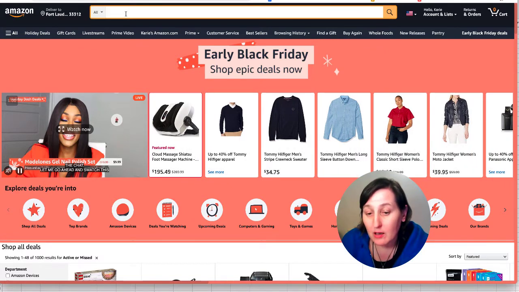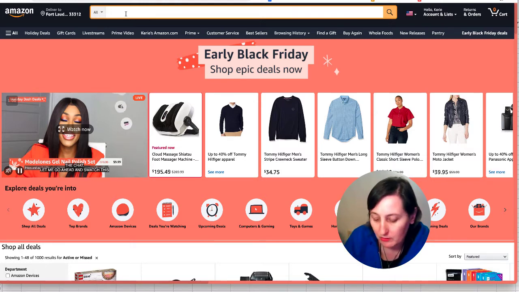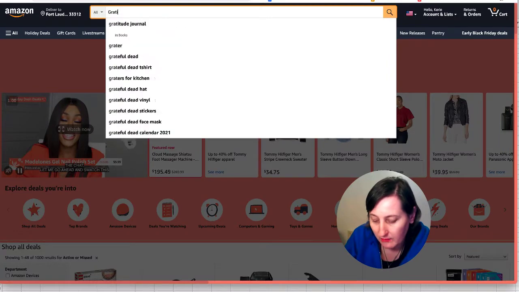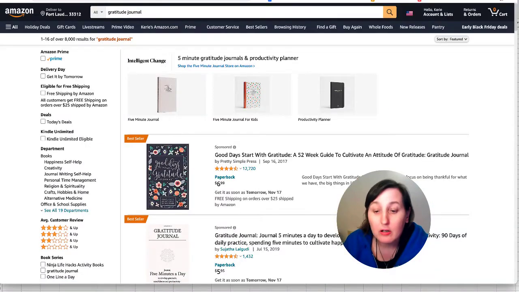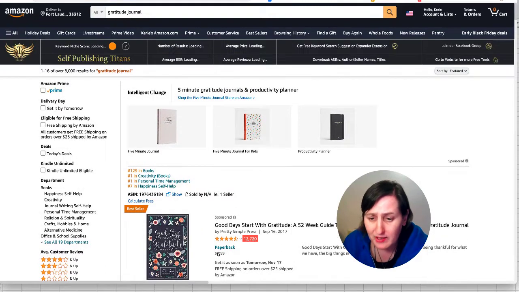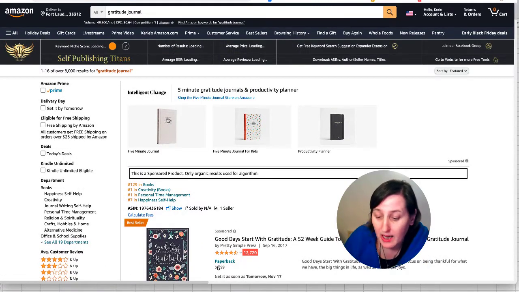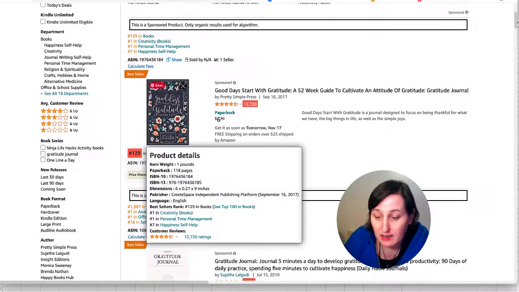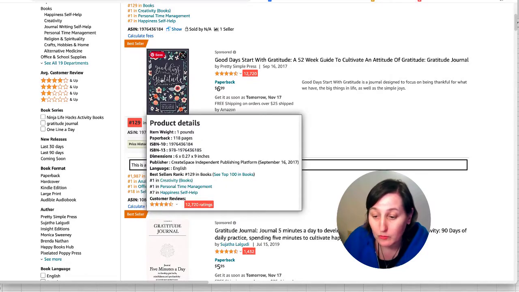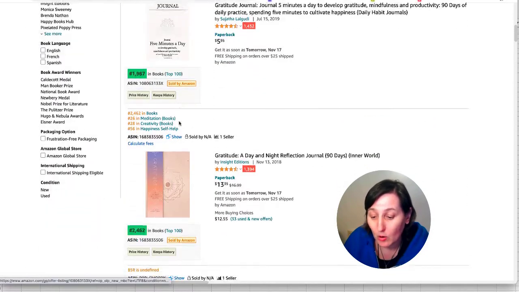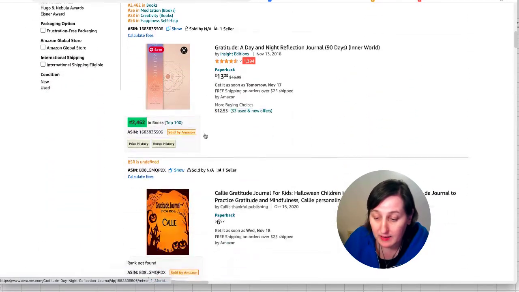So Amazon lets people sell these types of books on their platform, on their KDP platform. A good example of this is a gratitude diary or a gratitude journal. Now there are a lot of these for sale. There are over 8,000 coming up in the all category, and there are some really good bestsellers. And if you see where it says either CreateSpace, which is the old way of making these books, or you see something where it says